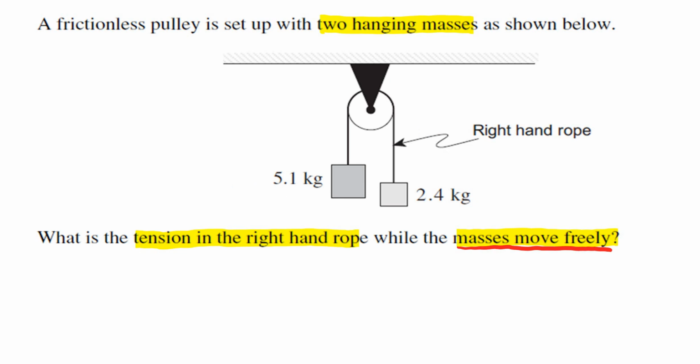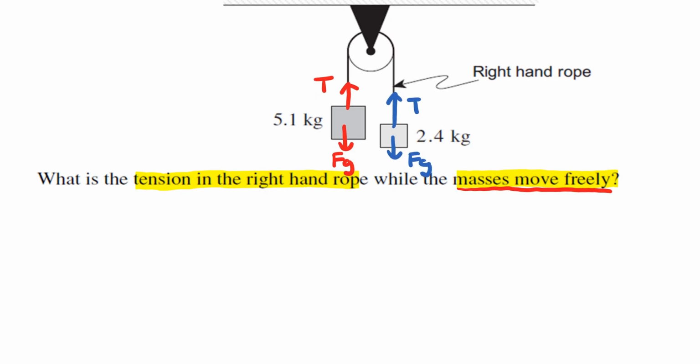Okay, so if I want to draw my free body diagram, I have a red FG here, and there's also a tension in the rope. All right, so that's the free body diagram for the 5.1 kilogram mass. Now for the 2.4 kilogram mass, there's a tension in the rope, and there's also a force of gravity going in the downwards direction. Okay, so now that I've drawn a free body diagram, let's go ahead and create a